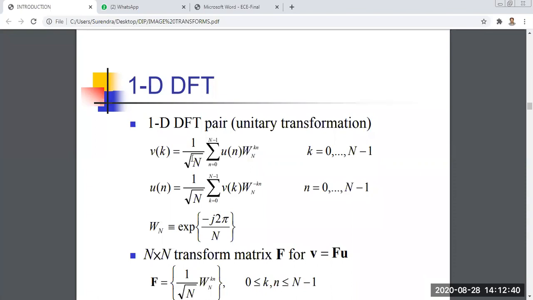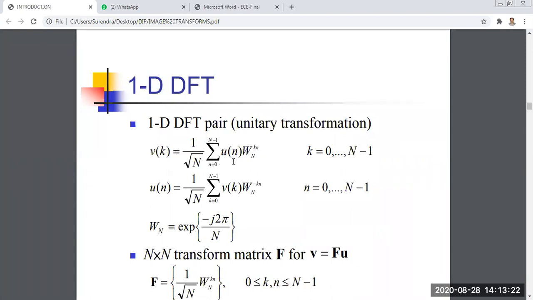This is forward. Forward means the input time domain signal is converted into the frequency domain. Here small n is the time domain, small k is your frequency domain. Okay, simple. All of you remember. Here u of n is the input signal, and W are the Fourier transform coefficients. How many coefficients will we get? It depends upon your capital N value. If you take capital N equal to 8 points, definitely you will get 8 coefficients, so correspondingly 8 sample points again in the frequency domain, which are the spectral components we get after conversion from time domain to frequency domain.